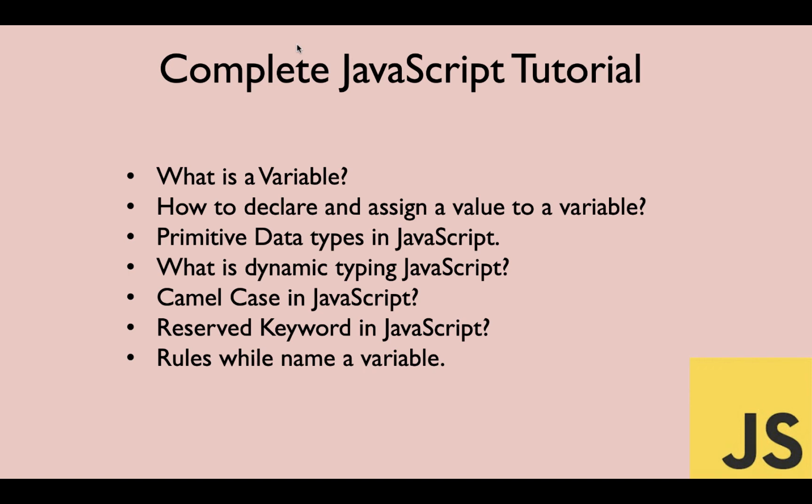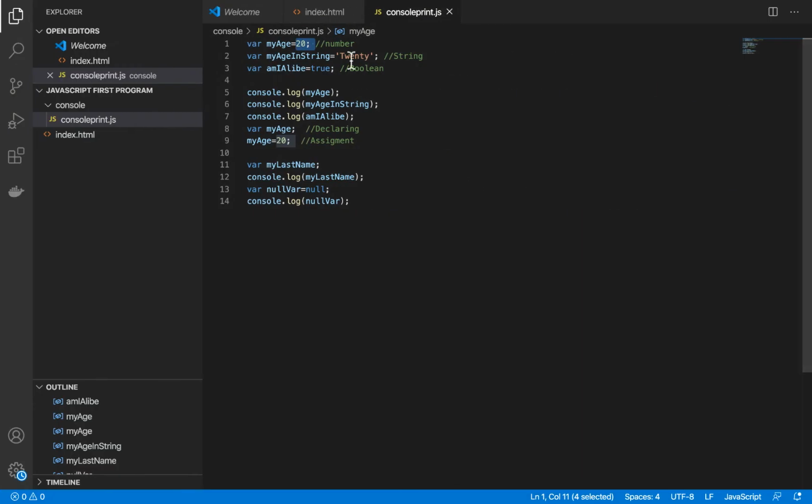Coming back to our camel case again, as I told, it's a very basic concept and many people use it on a day-to-day basis, but I want to cover it because those who are new to JavaScript, or new to programming, should know this. Camel case is nothing but, if you see in this case, myAge, which we use for a number. It consists of 2 words, my and age. So the first letter of the first word is always small and the first letter of the second word is large. So this is called camel case.